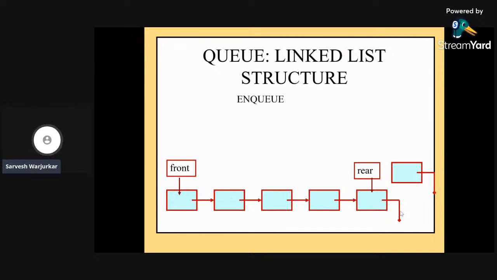But if we want to add one more element at the rear end of the linked list, definitely the address of the last node may get shifted from null to the address of the next node, which we are inserting at the end of the linked list. Ultimately, that address may get changed to the next node like this,